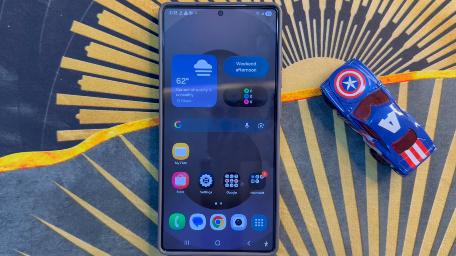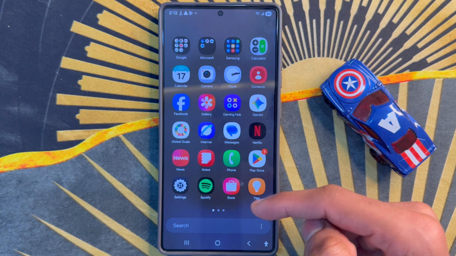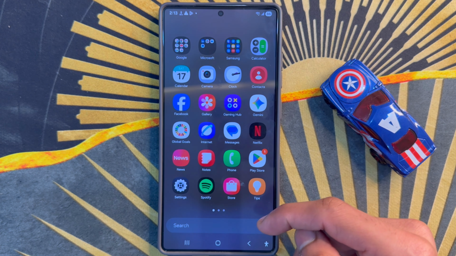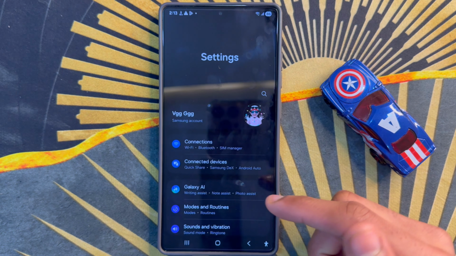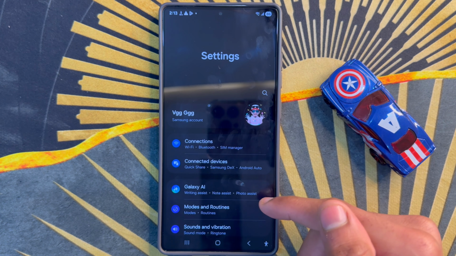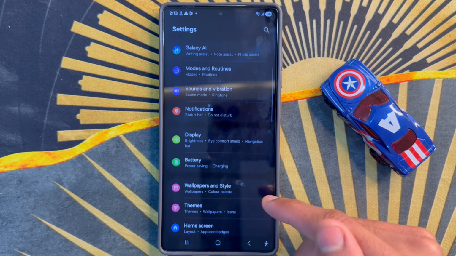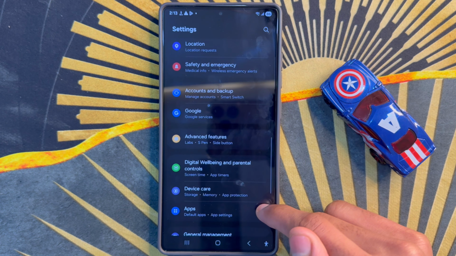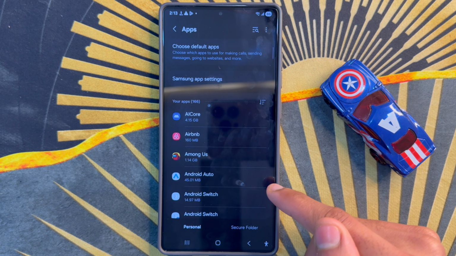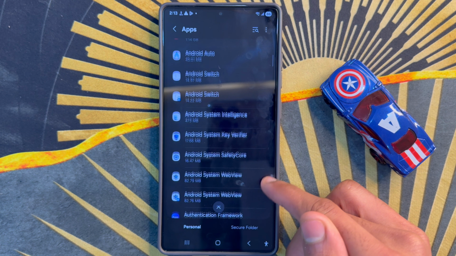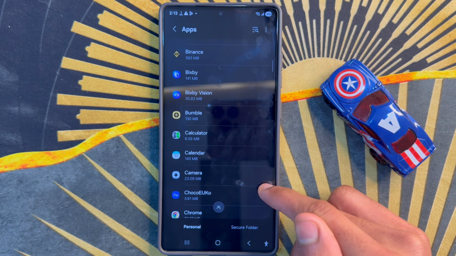Let's start the video. First of all, go to app library. Here click on settings app. Now in settings, scroll down and click on apps. After click on apps, scroll down and click on